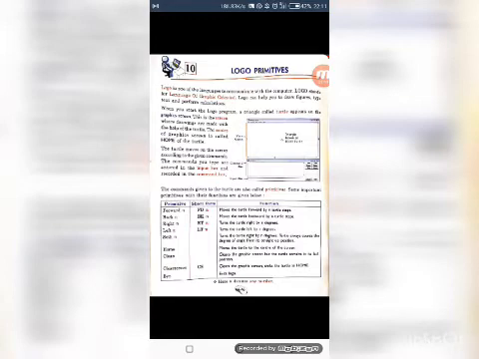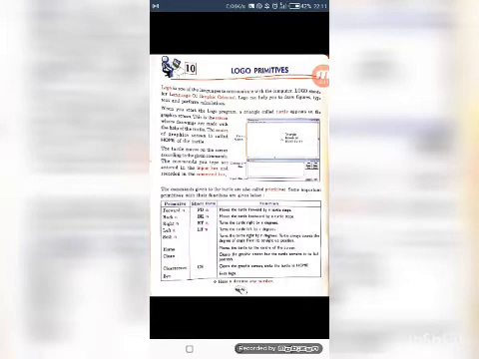Logo can help you to draw figures, type text and perform calculation. So how logo can help you? It can help you in drawing the figures, typing the text and performing the calculations. About this we will study in next class.